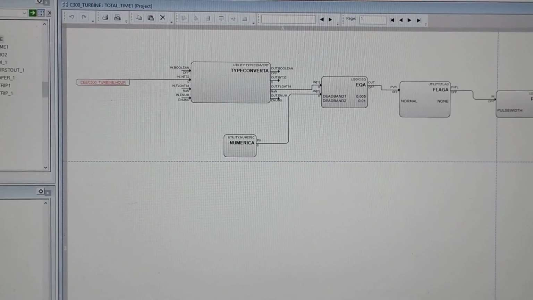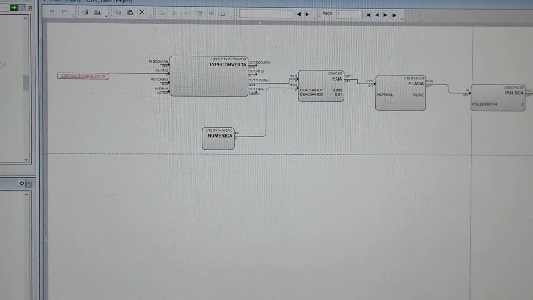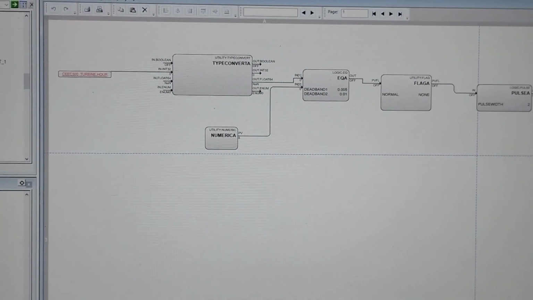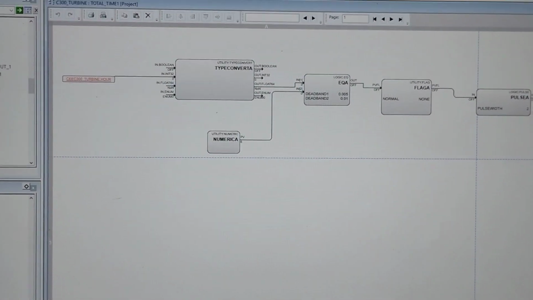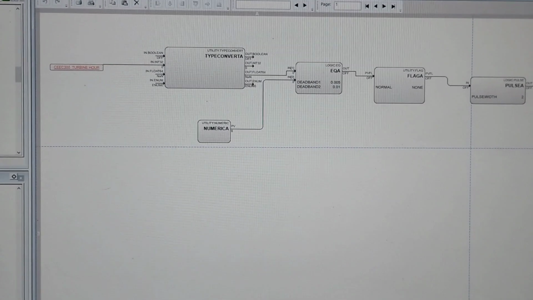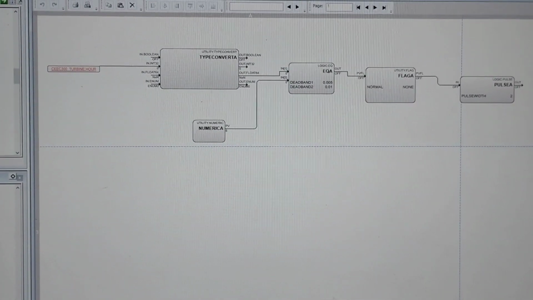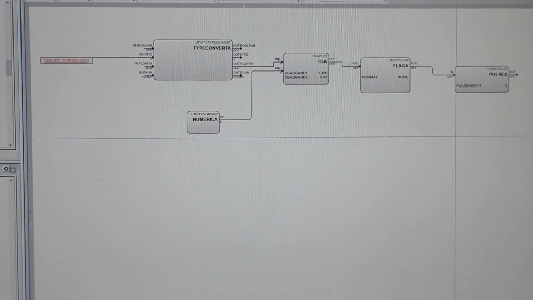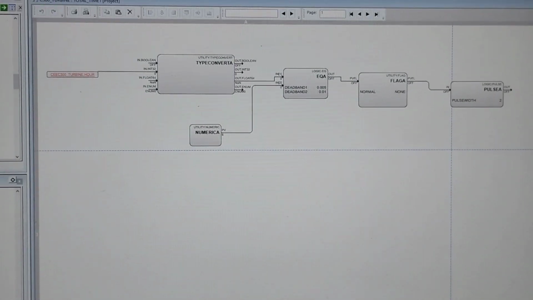Suppose this is the set totalizer set value, it will generate the totalizer set value for the 6 to 2 p.m. for the first shift. You can call it first shift.